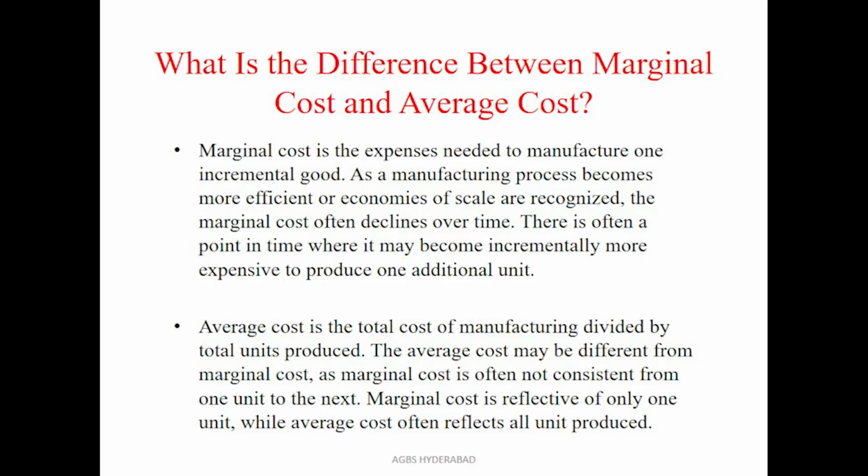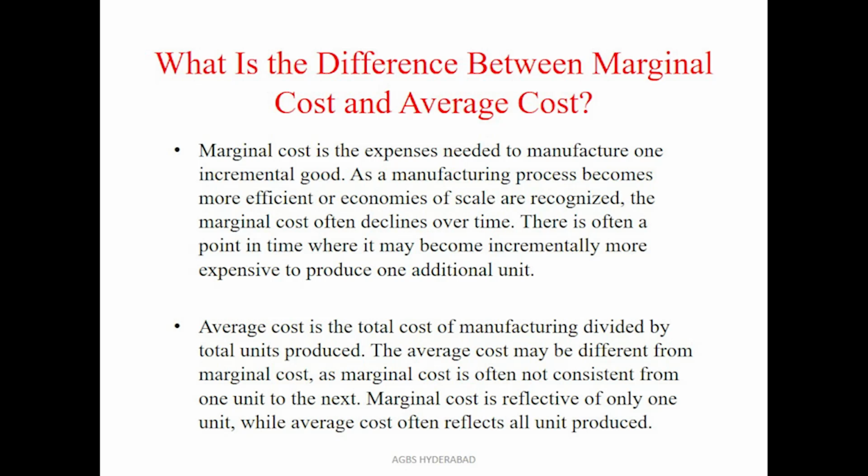Marginal cost is the expense needed to manufacture one incremental good, meaning one additional good. As a manufacturing process becomes more efficient or economies of scale are recognized, the marginal cost often declines over time. There is often a point where it may become incrementally more expensive to produce one additional unit,